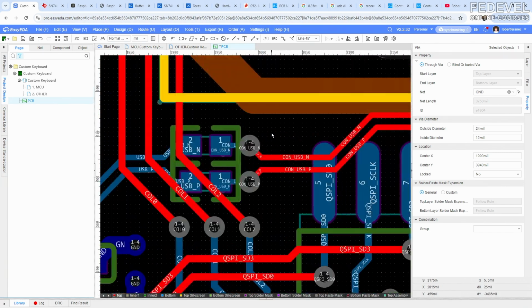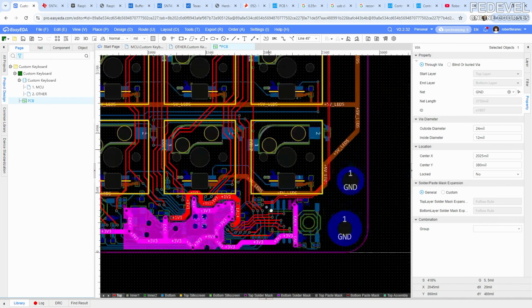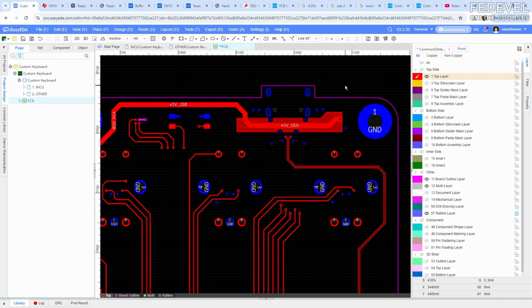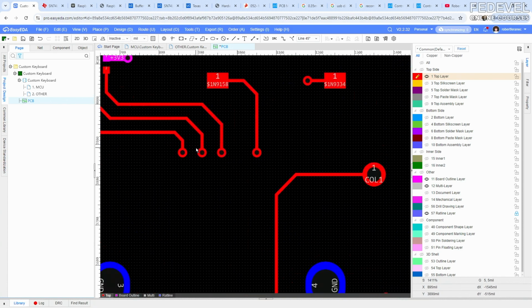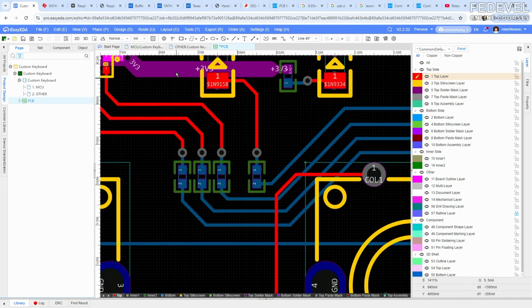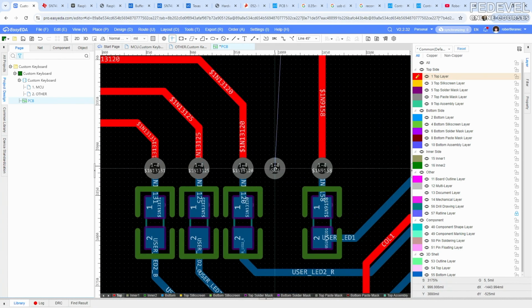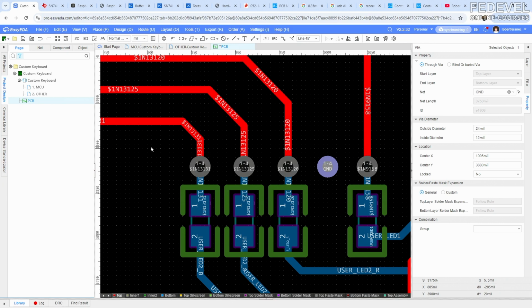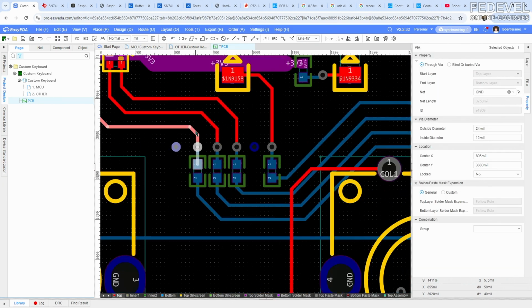Place these stitching vias close to these places where our tracks are changing layers. We would like to place it also here, down. These are just ground vias, and we need to place them also to all the other places. For example, here you can see tracks are changing layers, so I'm going to place some stitching or ground vias also here,